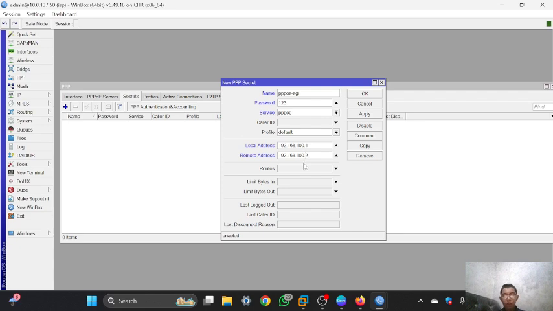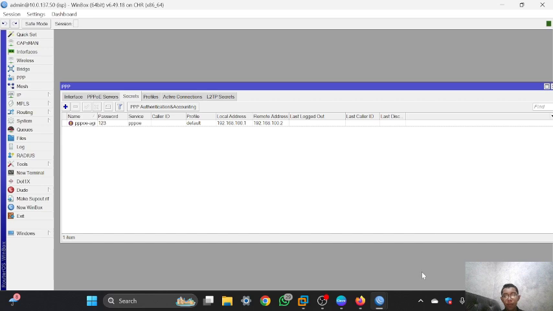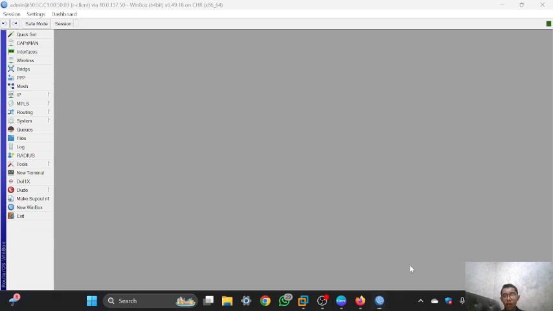So for the router client, if it's connected to the ESP, it will connect using this IP, and you can click apply and then OK, and then you can configure the PPPoE client.